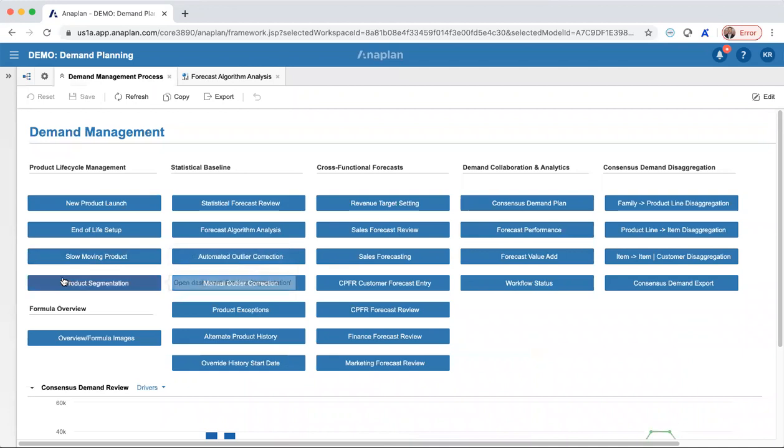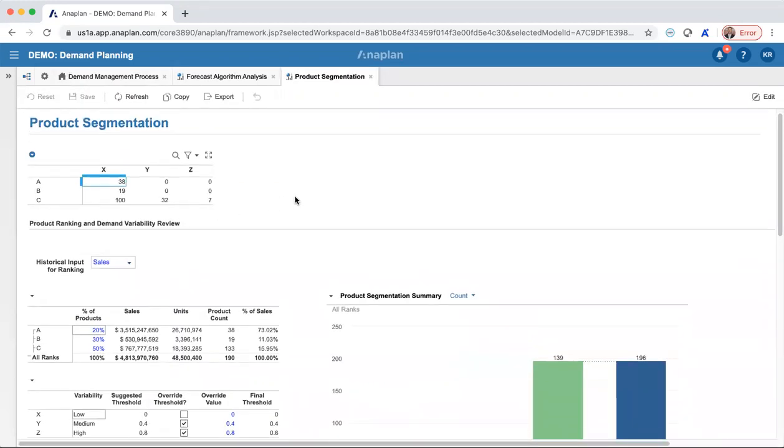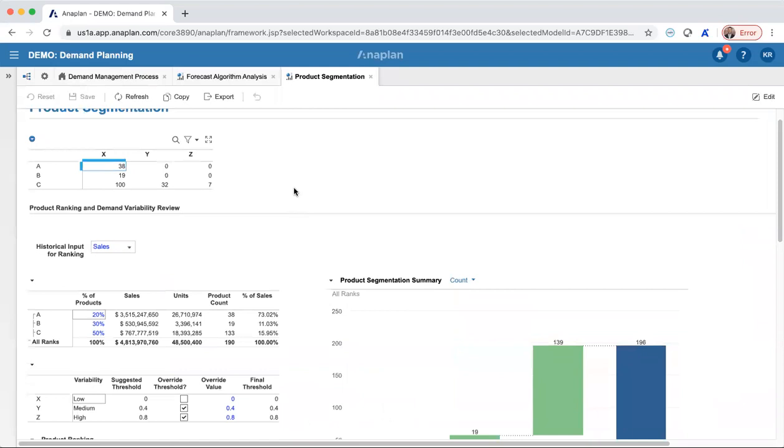So next I want to go through what we call product lifecycle management. If we start here at the bottom, this is what we call product segmentation. Now, what product segmentation is really key for is to help group our different SKUs into levels of importance. When we think of some of our customers and clients out there that have thousands and thousands of SKUs, what this allows us to do is group